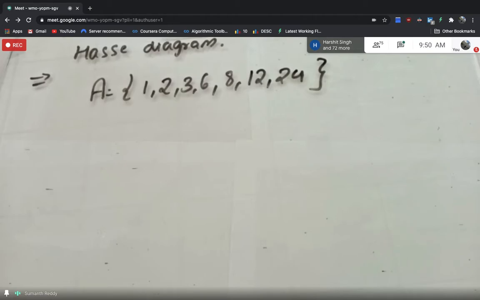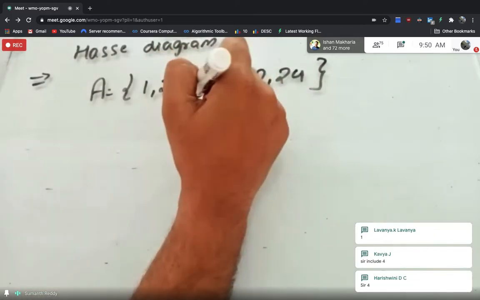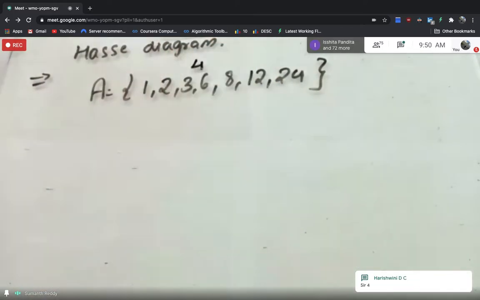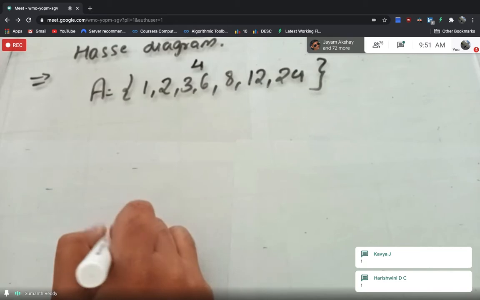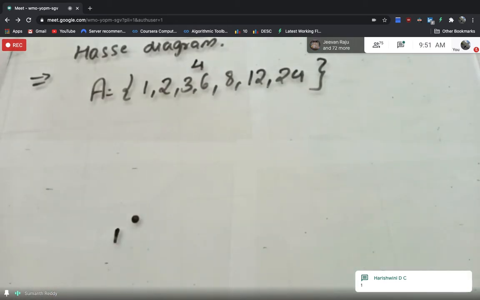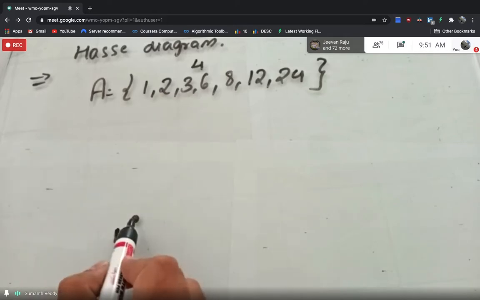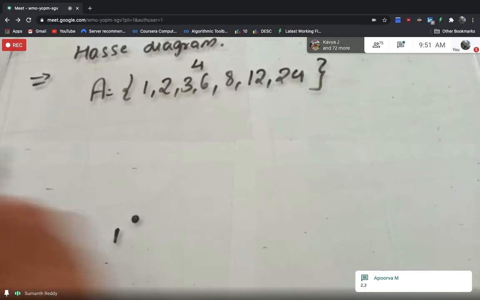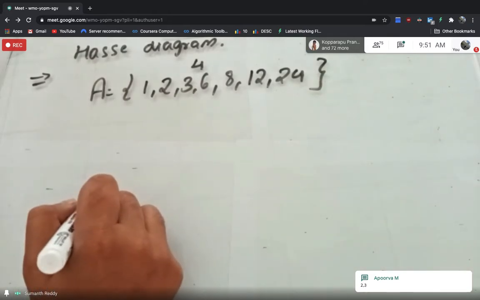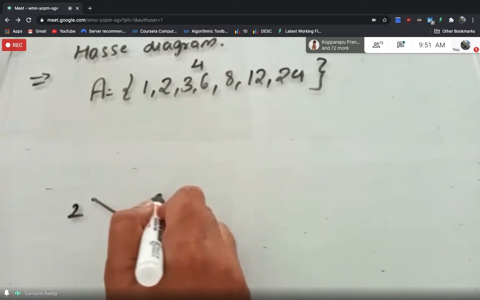Okay. So when you are writing the Hasse diagram for this, again, students, can you tell me which is the least element now? So least element is the one, yeah, 4 has to be included. 4 also. Okay, fine. So which is the least element now? The least element is 1. And I told you yesterday also, always you have to write the dot. The dot will indicate the reflexive relation. If I write a dot here, the 1, 1 ordered pair is completed. Now, which are the numbers which are related with only 1? Yes, exactly. It is 2 and 3. So next I will start with 2 and then 3.